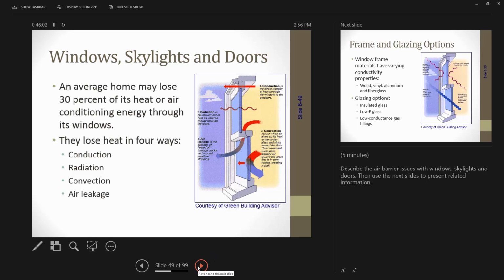So the last part of the thermal envelope, and we spend a whole bunch of time really looking at details and different ways to get the most efficiency in our walls, and we went through a bunch of those: exterior foam insulation, double stud walls, SIPs panels, ICFs, all these ways to get really, really low air infiltration in our wall systems, and then the next thing we do is cut all these big giant holes in them. So windows and doors and where we put them and how we select them are fairly important. And it's in your book, I won't spend too much time on it, but